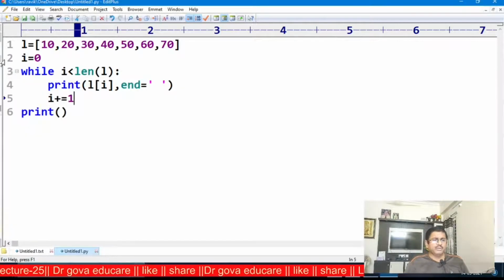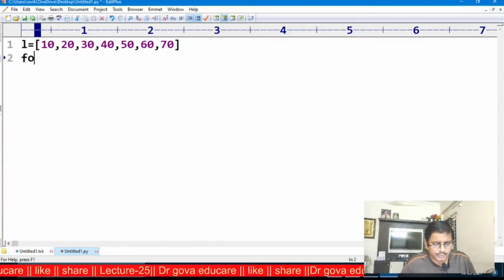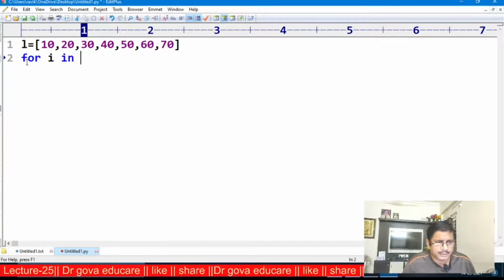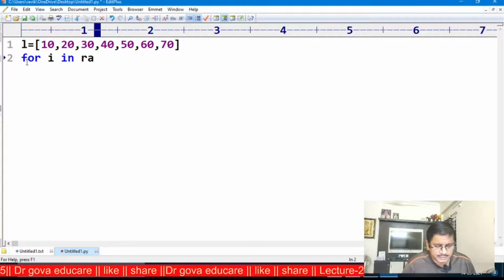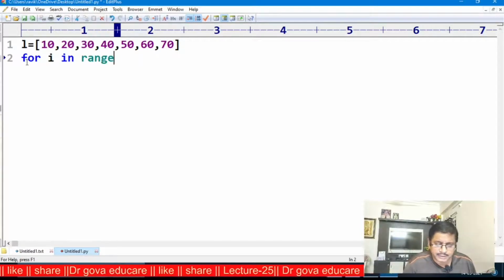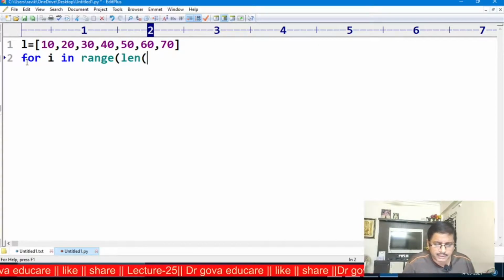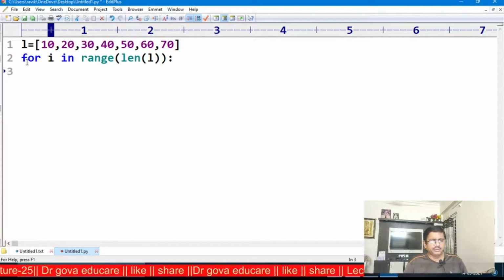Next, now I am using a for loop: for I in range, length of L, that is, I takes the 0th element.